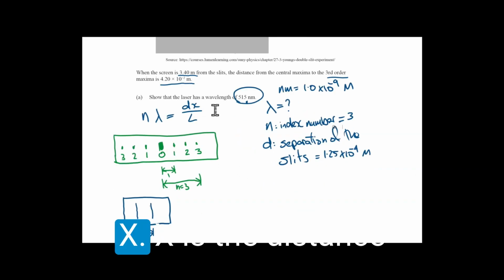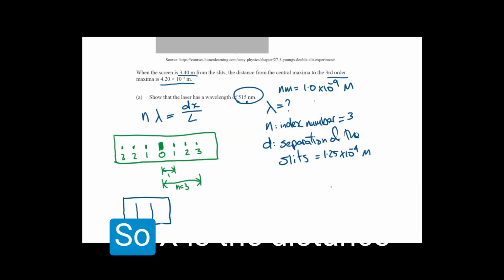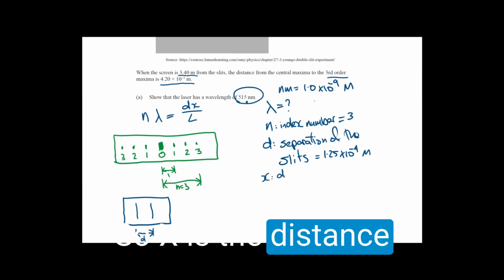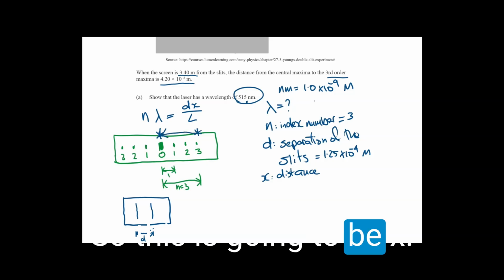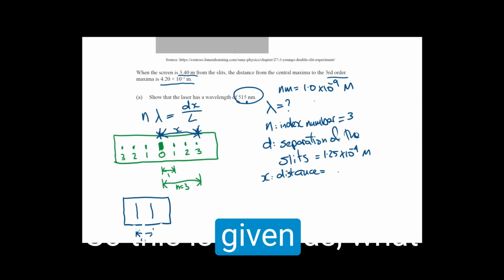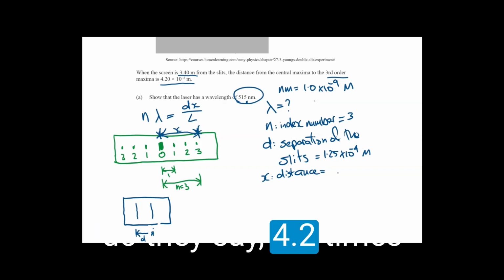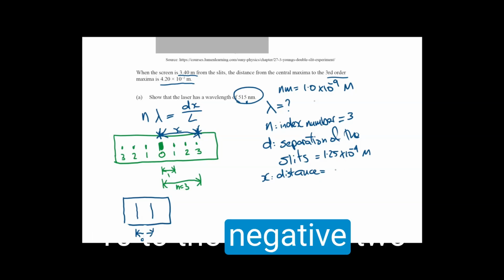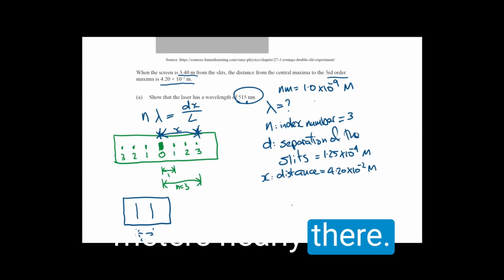Okay, x. X is the distance from the maxima point to the third one. So x is the distance from this point here to this point here. So this is going to be x. This is given as 4.2 times 10 to the negative 2 meters. Nearly there. L